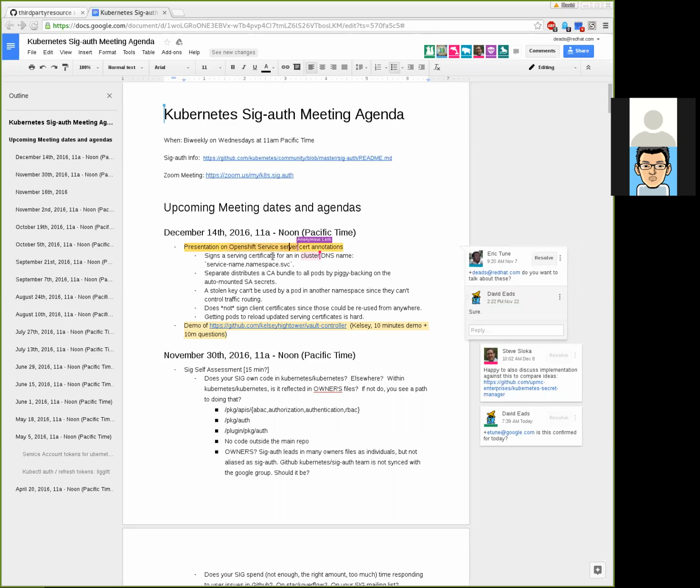So they allow you to. One of the problems that you have today when you create your service, if you wish to secure it, you have no easy way to create a serving certificate for yourself. You can't sign for an IP, and really nothing is ever going to be able to sign for an IP because the IPs for services can be reused. You need to be able to sign for an in-cluster DNS name that you can use to answer requests so that when someone relies upon your service, they can confirm that they are talking to you. It's important that you end up with a serving cert that can be trusted. So it has to be signed by someone in authority,